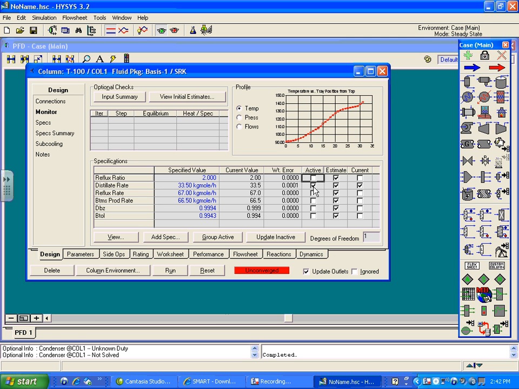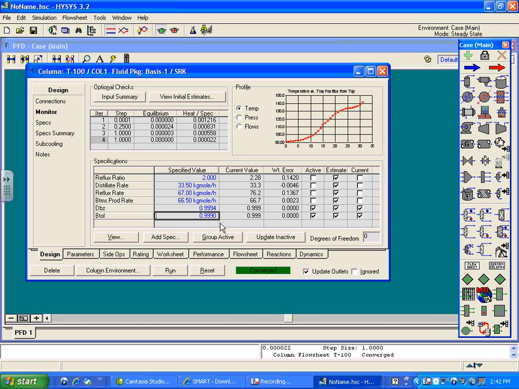make this inactive, make this inactive. Okay, the moment you make these 2 inactive, it's at the same steady state, but now the active specs are these 2 recoveries. Now I say, well, I want this to be 99.9. Okay, it's converged again,